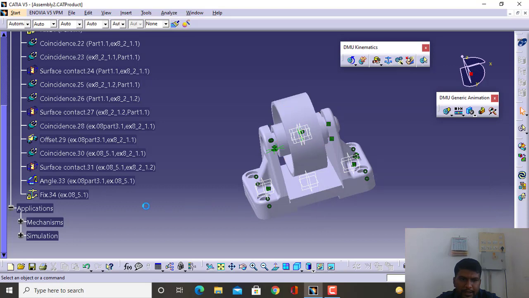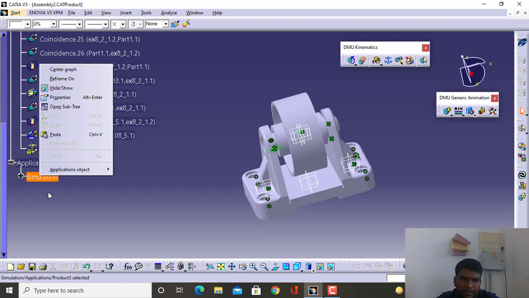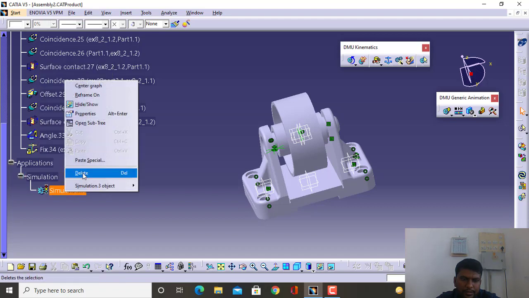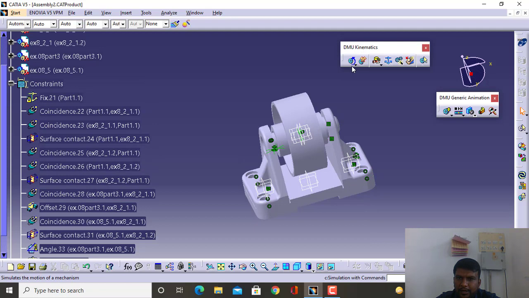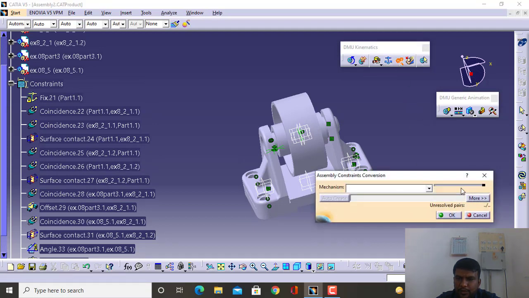So let me delete the earlier mechanism, delete simulation, delete, and we can go with this assembly constraint conversion, new mechanism and click OK. Auto create and click OK.